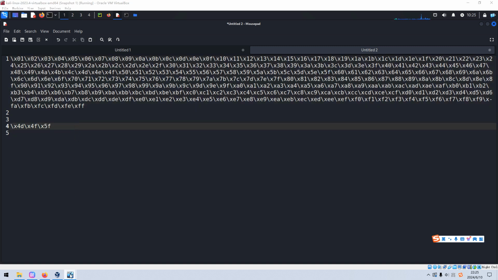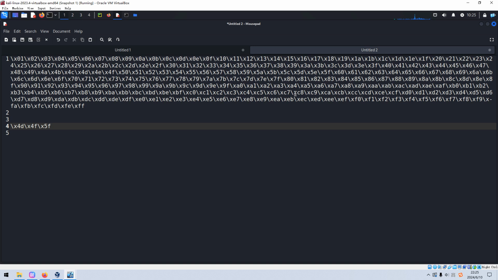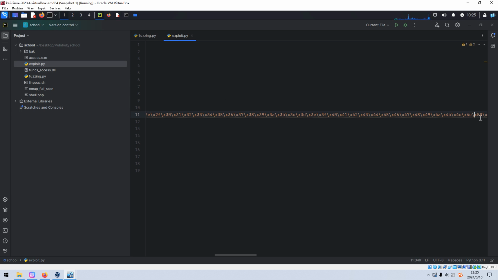I need to make certain. 5F, okay. Let's remove 5F from the payload. Remove.